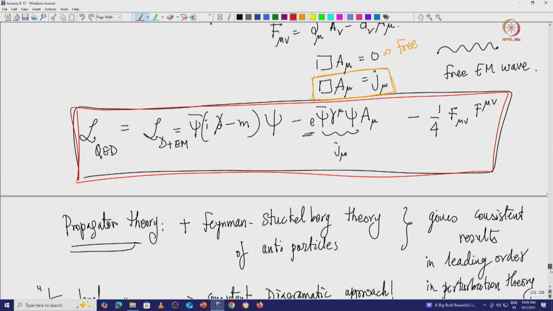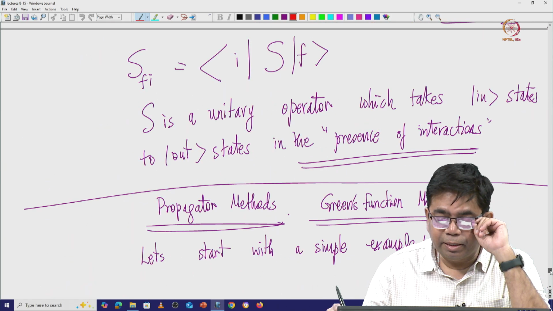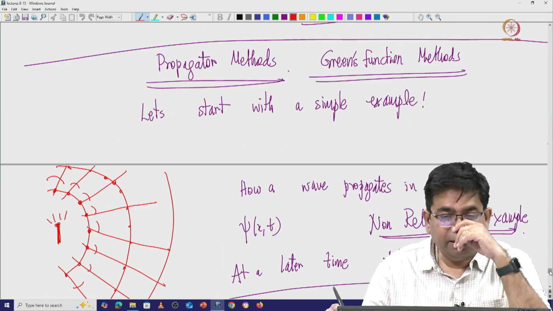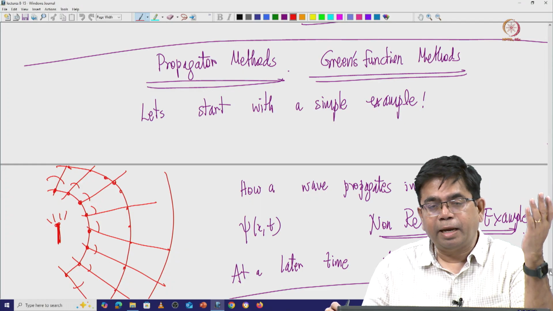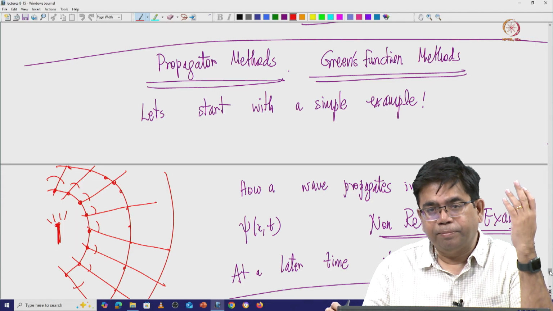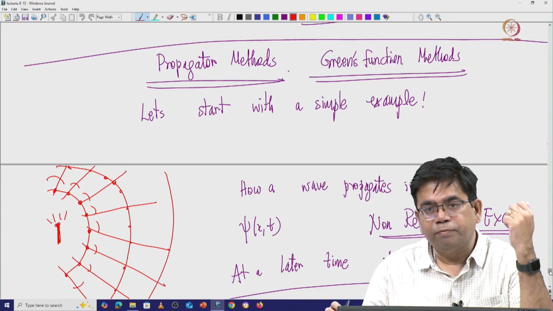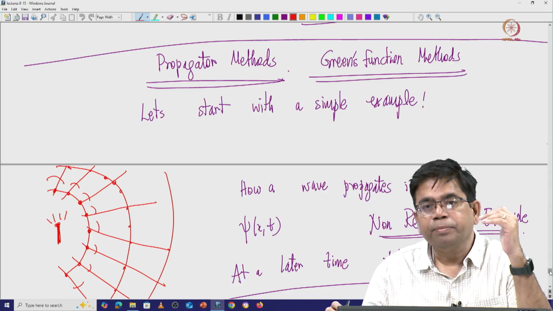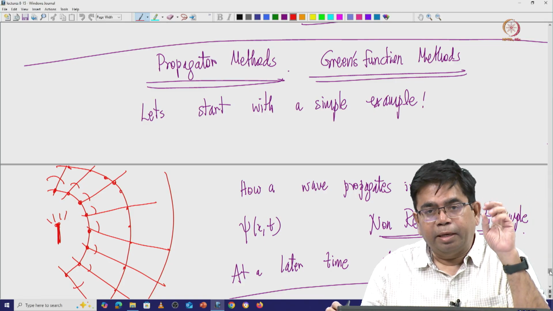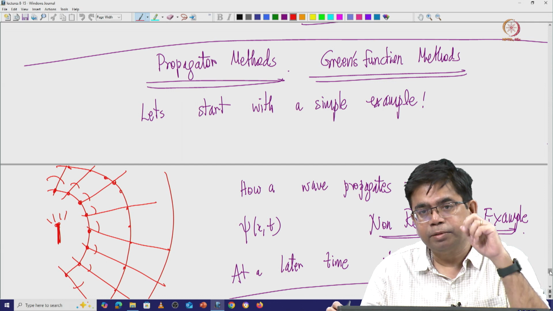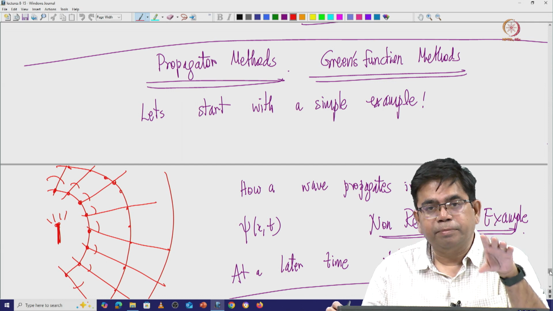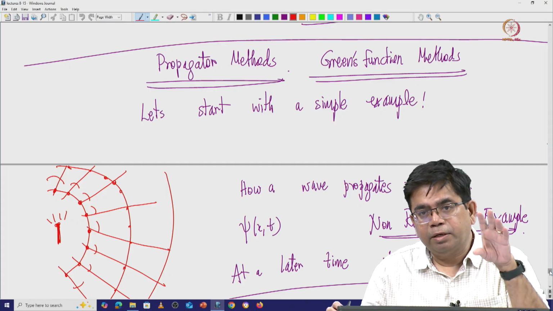Given this, we started looking at propagator theory. Propagator theories are nothing but Green's functions, and we started with a simple example of the non-relativistic case. Now, the non-relativistic reduction of the Klein-Gordon field will always lead you to the Schrodinger equation. In the Dirac case, it gives you the Schrodinger equation plus Pauli terms, which appear if you put in an interaction term. Pauli terms are the spin interaction terms, and that tells you that the non-relativistic Dirac equation should always carry a spin half particle.